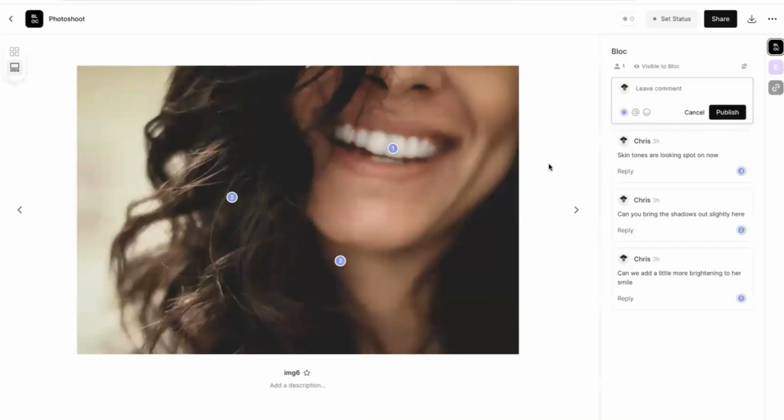So as you can see here, I've got a photo gallery and someone has come in here and dropped a few markups directly on this photo. First thing that you're going to notice is that they are numerated, which is really great just for working with your team, referencing specific comments, just understanding what each comment is based on those numbers. Additionally, if you click on a comment, you're going to see that whatever comment you click on gets highlighted and